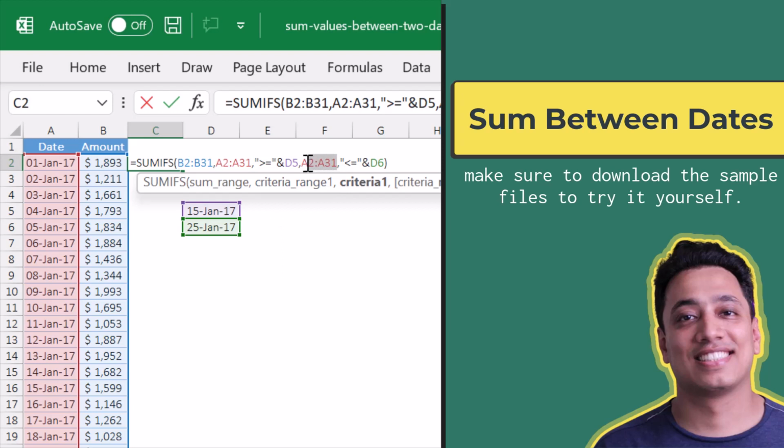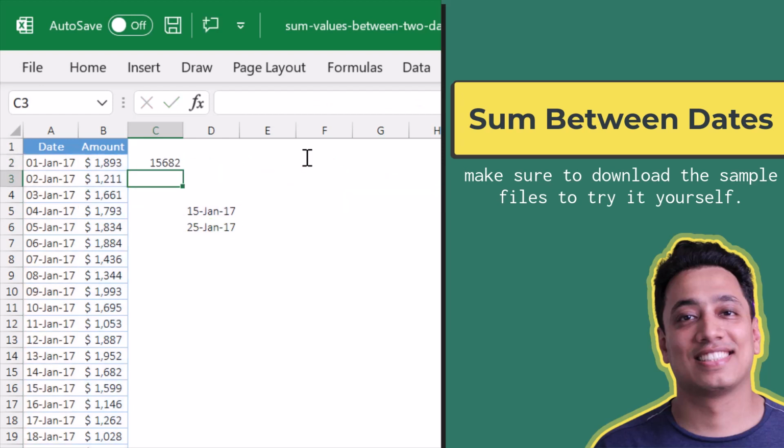And now again I have the date range, the criteria range, and in the criteria I have specified to refer to the dates which are lower than 25 or equal to it. So this way I have a range of criteria from 15th January to 25th of January. It's a range from where I want to look up the dates, and I want to sum values for only those dates. Now the moment I hit enter, it returns